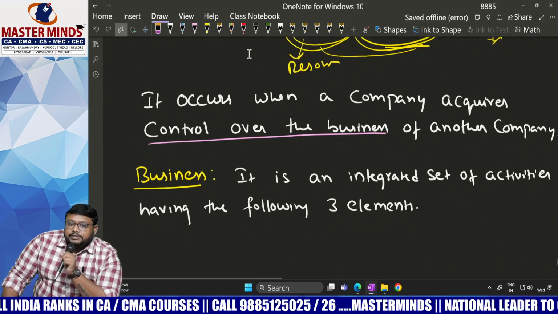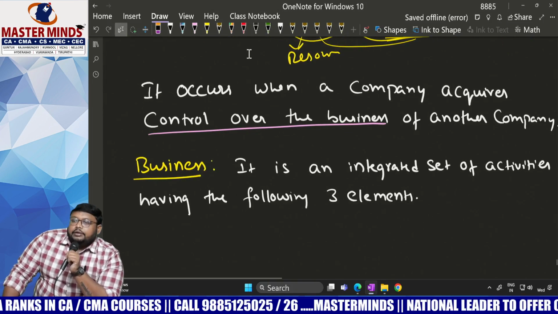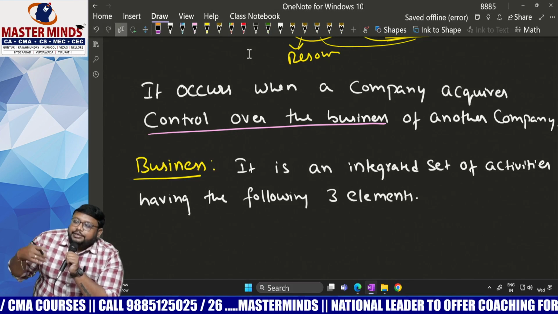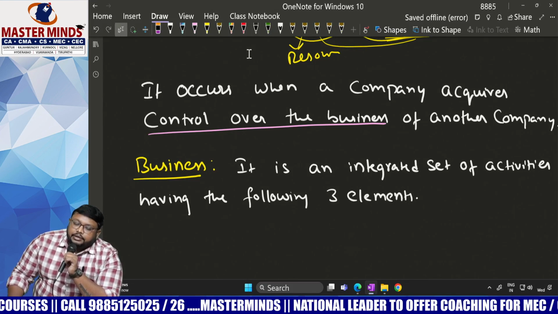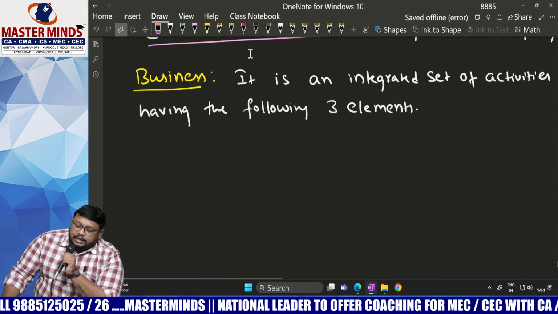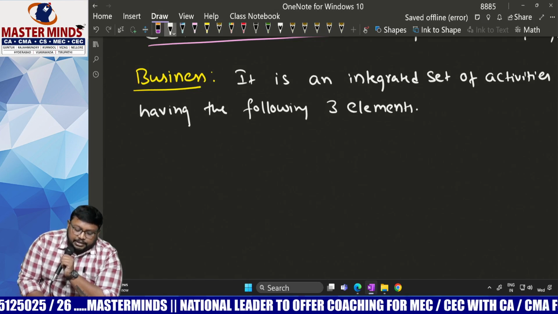First of all, when will a business combination occur? When an entity has control over the business of another company. Here, business means an integrated set of activities with three elements. What are the elements? First one, write down: